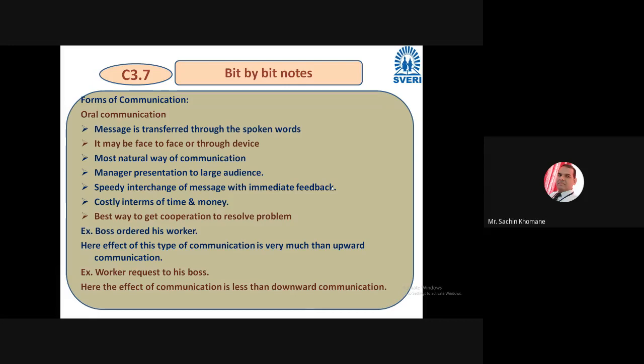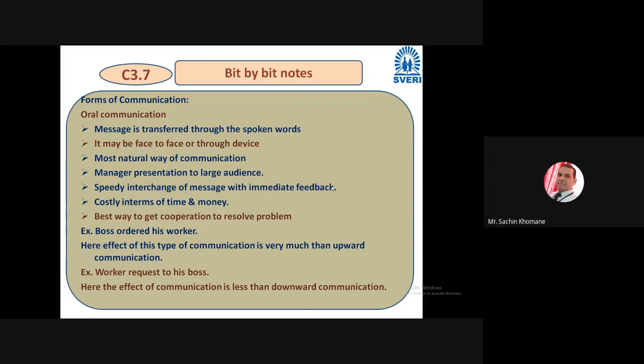So let us take an example. For example, a boss is ordering his worker. So it is also oral communication. The order may be written also, but here we have to consider that the boss is telling something to his worker. So this is one example of oral communication. So here the effect of this type of communication is much more than upward communication. हे कुठलं हे डाउनवर्ड टाइप ऑफ कम्युनिकेशन आहे. Boss to worker. Then another one is that